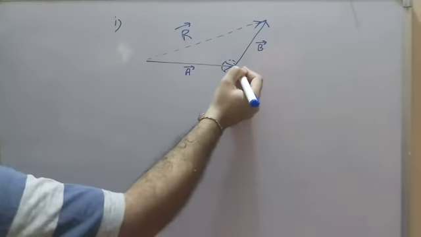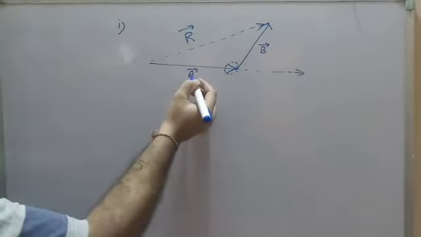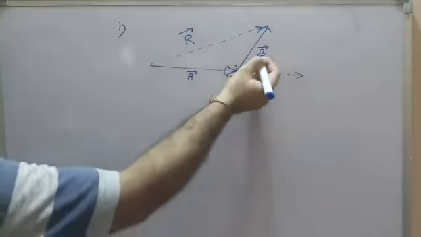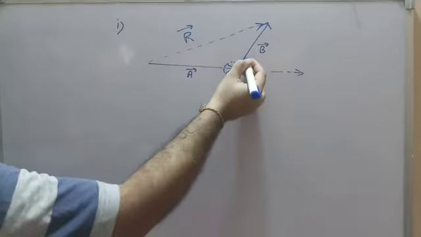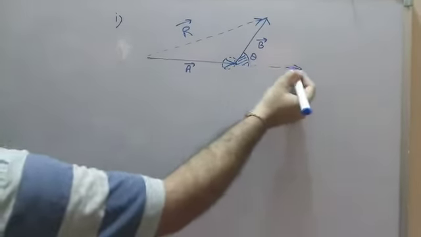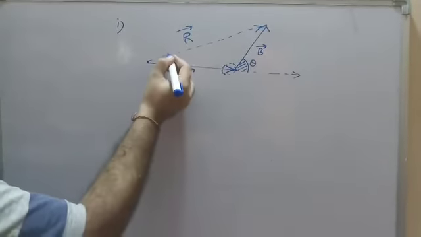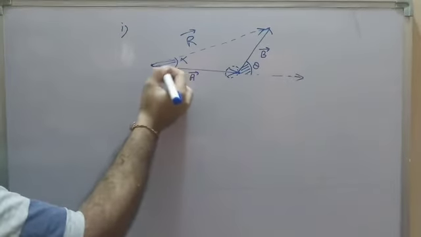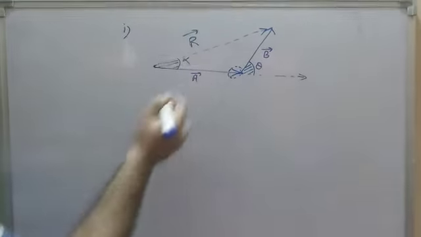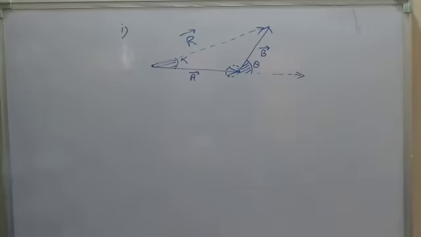Third, how to represent the angle between the two vectors. So let's suppose we have the angle theta between a vector and b vector, so we represent this angle over here. That means we have to join tail with tail. Similarly, here you can see tail with tail, so the angle alpha is the angle between the resultant and a vector. So this is how we add two vectors.